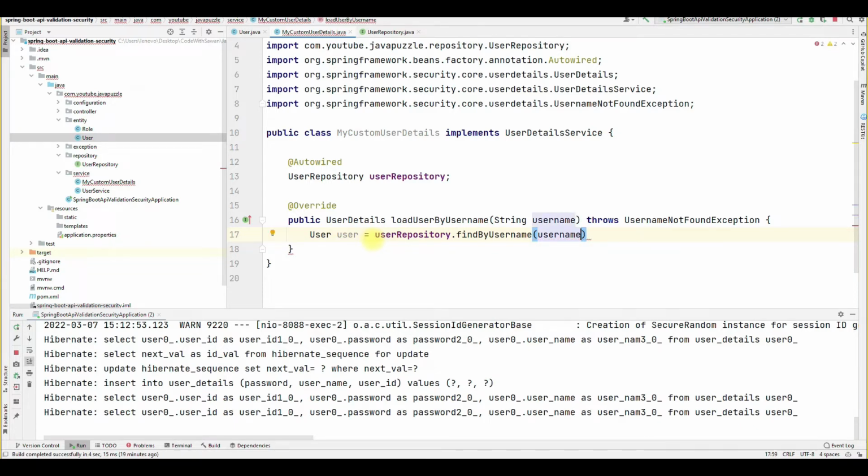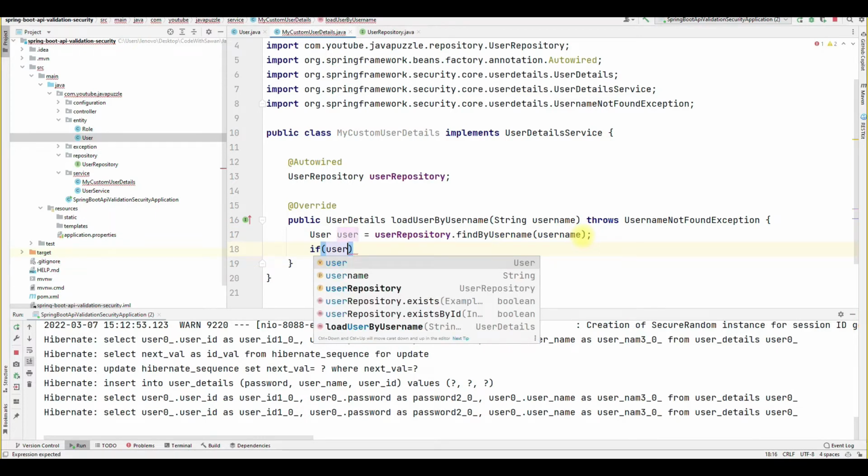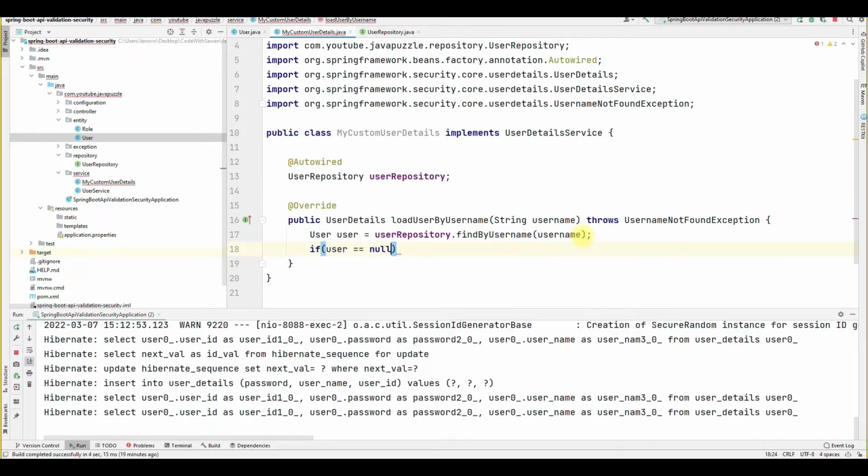Then we have to check whether this user object, which is coming from the repository method, is null or not. If it is null, we will throw an exception; otherwise we will consume that object. So let me first check that. If user is equal to null, then we will throw the exception.